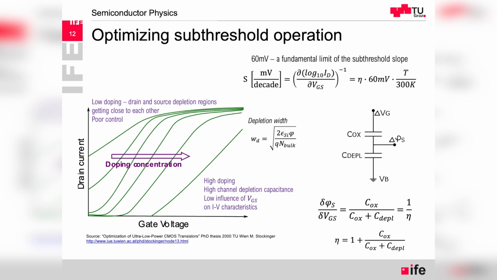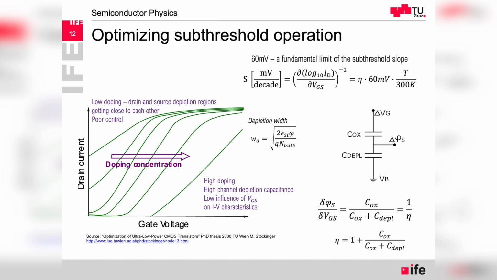And what you can see here is a graph based on the source where we can see details of such a simulation, where the doping level is changed, and we look at how the drain current as a function of gate voltage, the transfer characteristic, is changing. So if we have moderate doping levels, but rather low, that's the best situation. We would like generally to be as low as possible, so the depletion capacitance would be smaller, but at some point we have a situation where the depletion region, especially for short transistors, will be